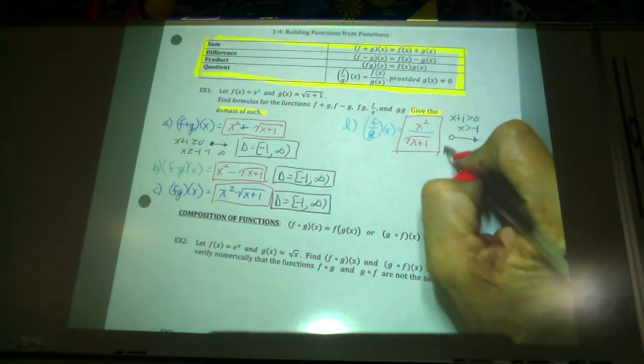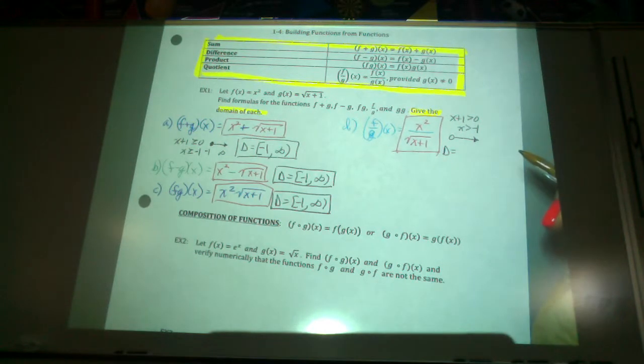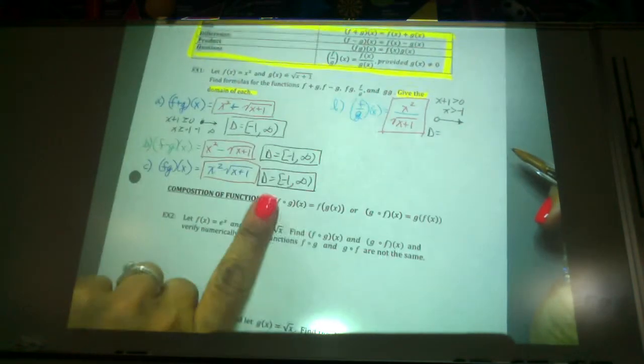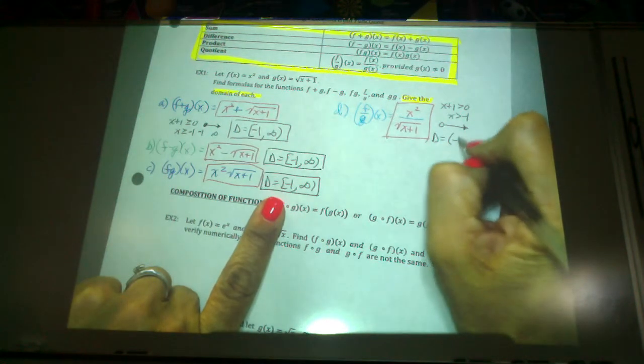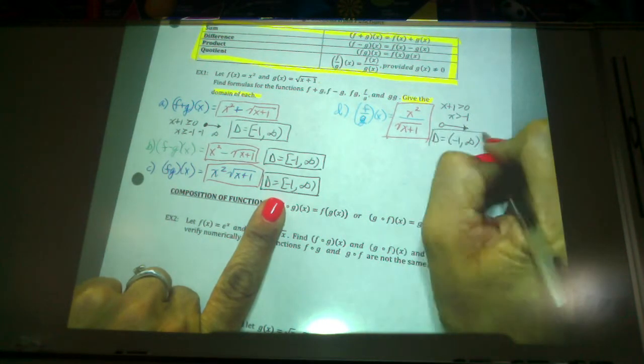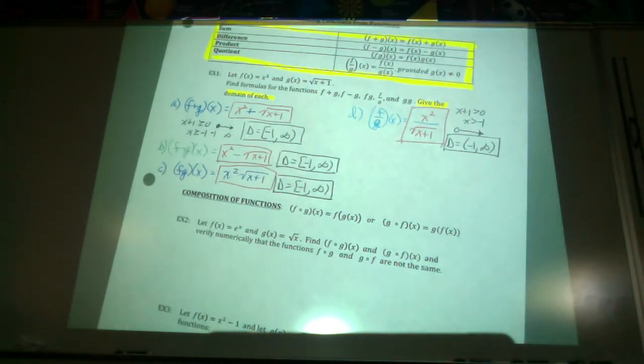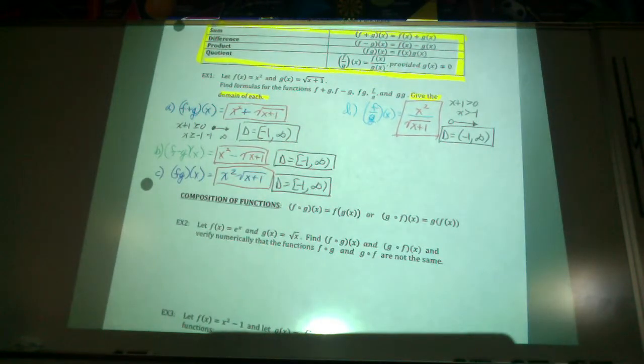And so how does that change how the domain is written? Right, you're going to have a parentheses, not a bracket. Very good. So don't forget that denominators can't be 0. There's only two things you have to remember about restrictions on domain. And then the last part